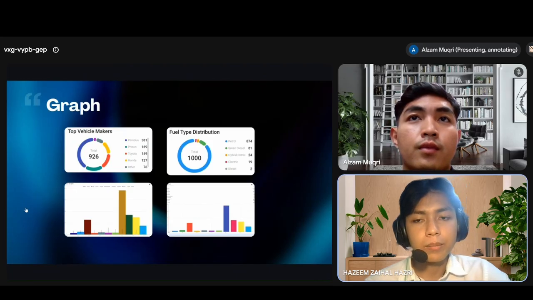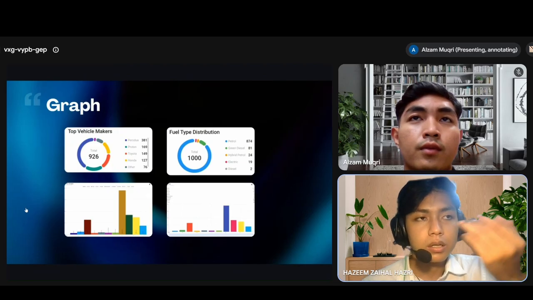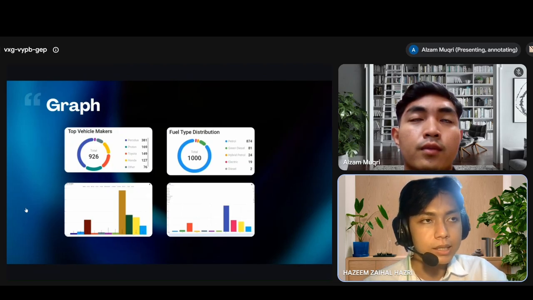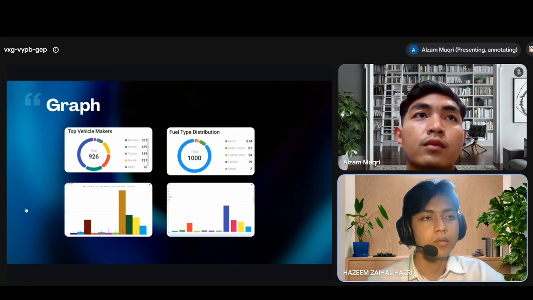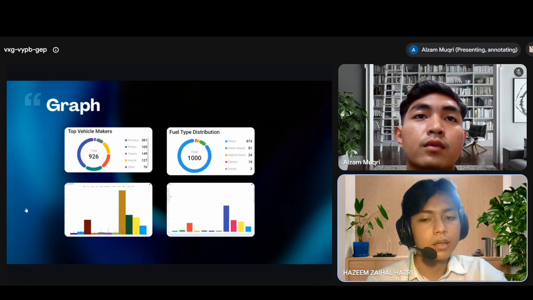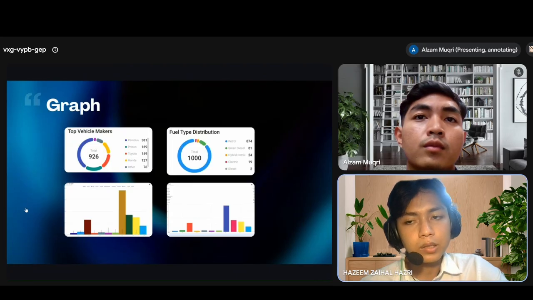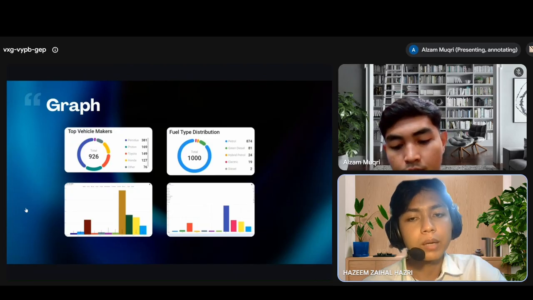So I'm going to be talking about our dashboard. This is a few graphs in our ThingsBoard dashboard. Once the data is inside ThingsBoard, we build a dashboard with different widgets, each showing something different. As you can see, we have a pie chart and also a bar chart. In the pie chart, we have the top makers for the car brands in Malaysia, and we have the fuel type distribution.